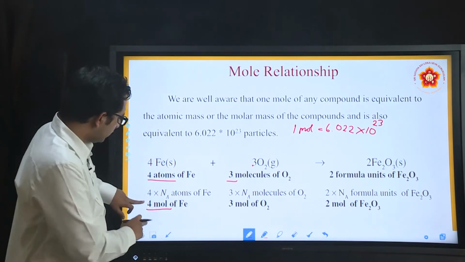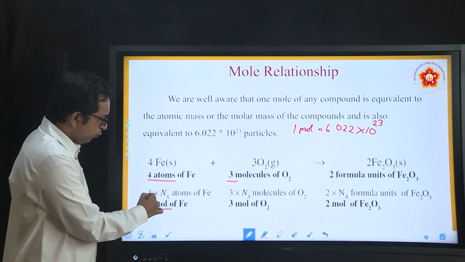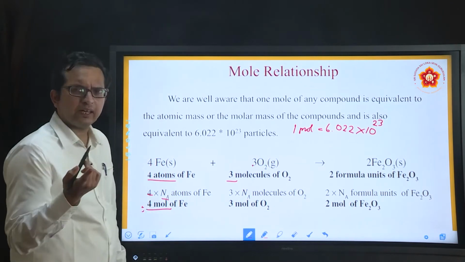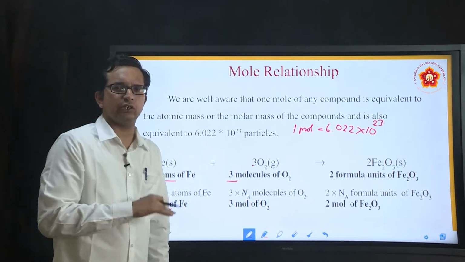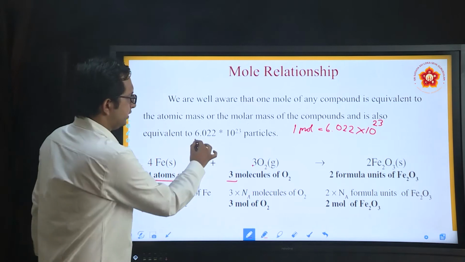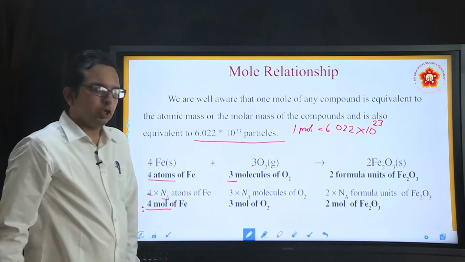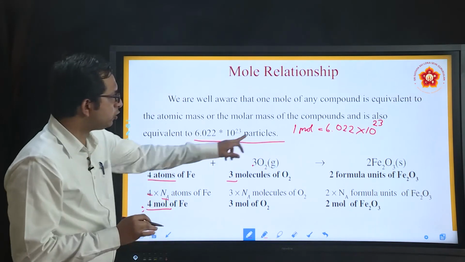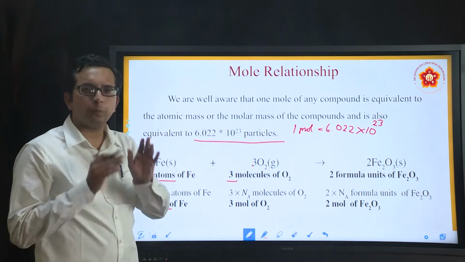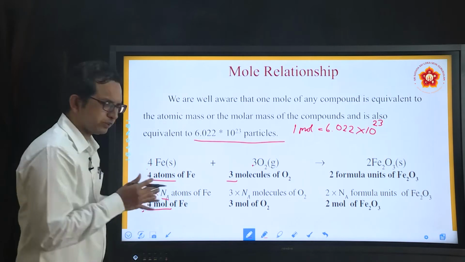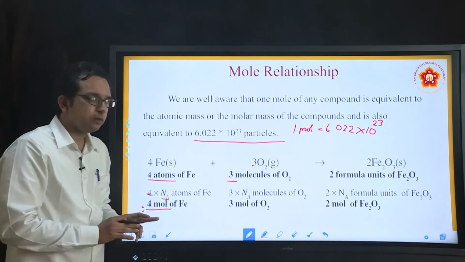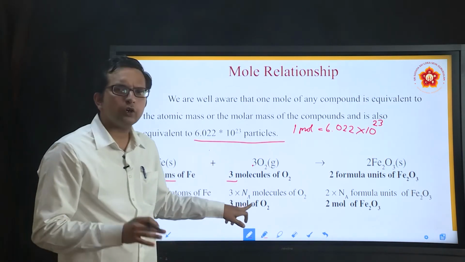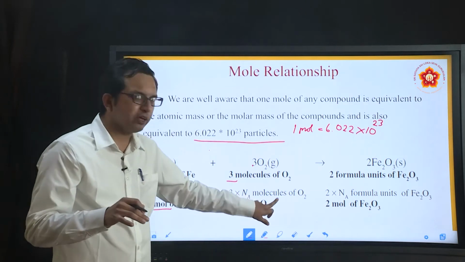So, suppose I have taken 4 moles, it means 4 into Na. Now, what is Na? Na is the Avogadro number representation, and what is the Avogadro number? It is this number. So, if 4 Fe is present, it means 4 into 6.022 into 10 raised to 23 particles, here atoms of iron. Then 3 into 6.022 into 10 raised to 23 molecules,